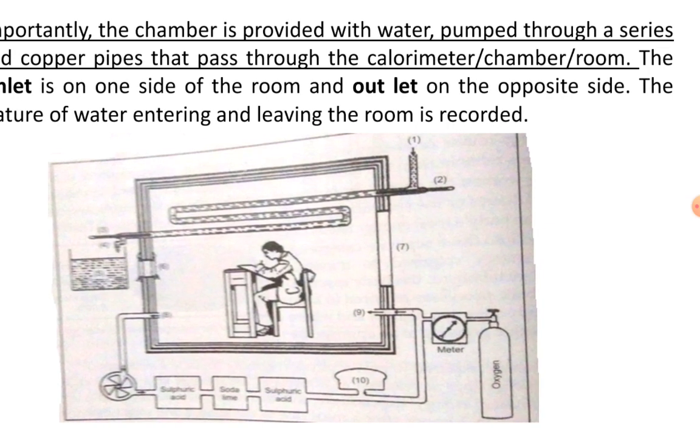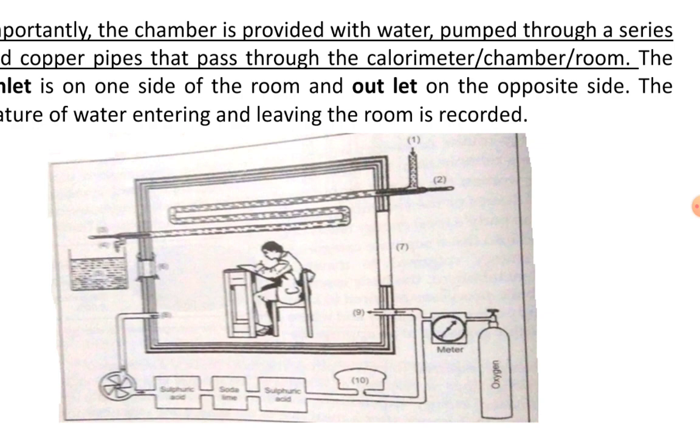You can see that it is a human respiration chamber wherein the person is provided with a table and a stool. There is no bed or reclining chair shown, but in some of the calorimeters those chairs and bed are also provided so that he can rest in the chamber for a few hours or even 1 or 2 days. So this is the wooden chamber, that is the copper chamber, which is insulated by wooden walls so that heat is not going to escape out of the chamber.